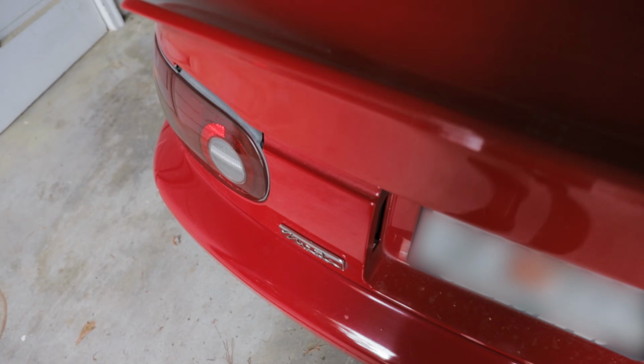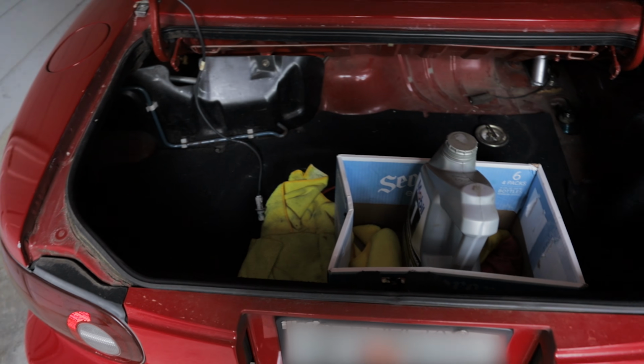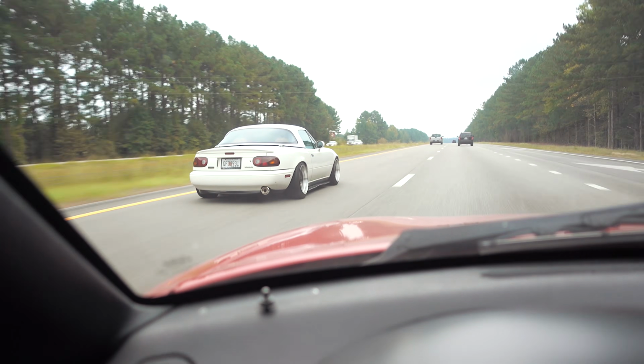So the trunk on the Miata is actually not too bad in my opinion for a small car. Now it is pretty small because the car itself is so small, but I've done multiple grocery runs, like a full grocery run, and I'm able to fit everything in the trunk without an issue. We've also done road trips in the car and I've been able to fit all my bags in the trunk